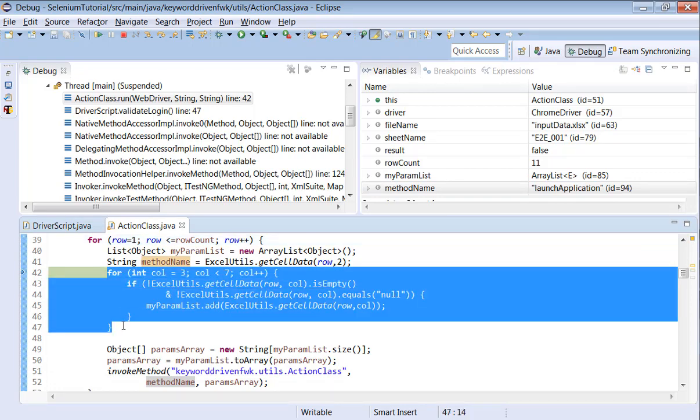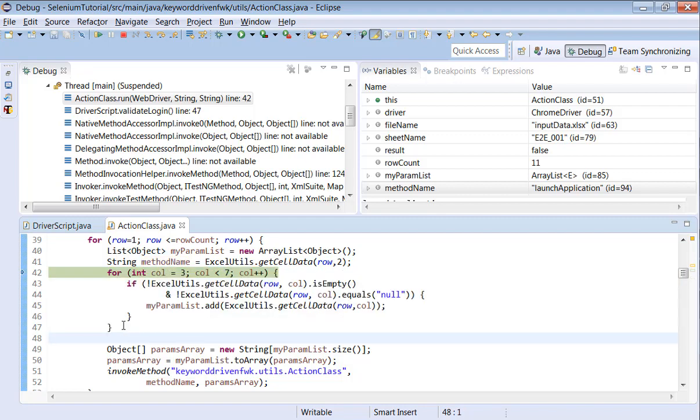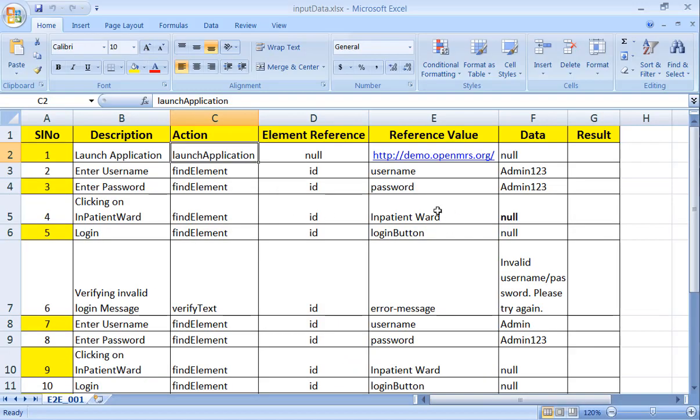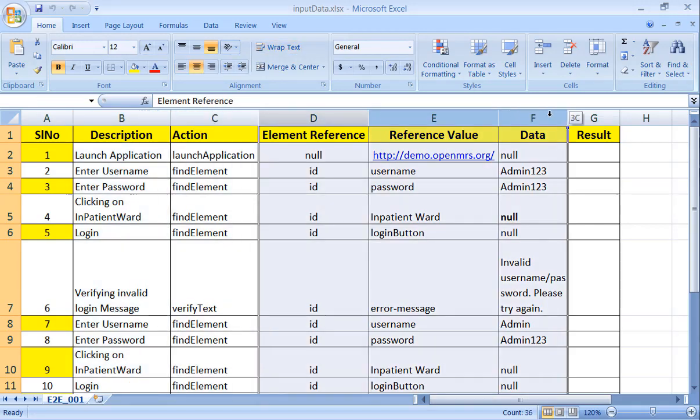Then we have columns. Why do the columns start from column number 3? As I said, in the columns we are mainly interested in the arguments. We know the method name. We need to focus on the different arguments, different parameters which are part of this row. So we start from column 3 and we move on. In the Excel, column 3 means 0, 1, 2, 3.